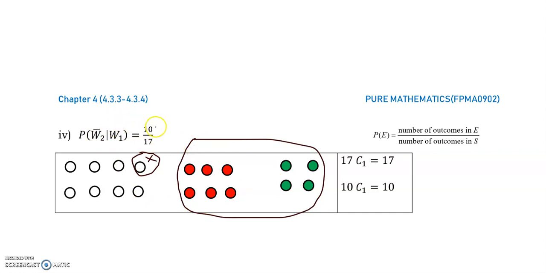So how are we writing this 10 in the numerator? In the remaining 10 balls, except white, 10C1 is equal to 10. You can use a calculator to find this. 10C1 is equal to 10, that is in the numerator, divided by 17. How are we getting 17? You see here 7 balls and these 10 balls, total 17, because only one ball we keep outside. So now we have 17 remaining. In the remaining 17 balls we select one ball. That is 17C1 is equal to 17, in the denominator. So the answer is 10 by 17. This is the probability that the second ball is not white given the first ball is white. That's it. Thank you.